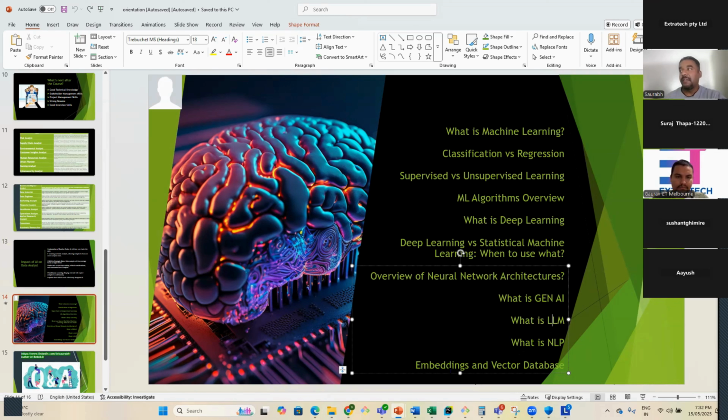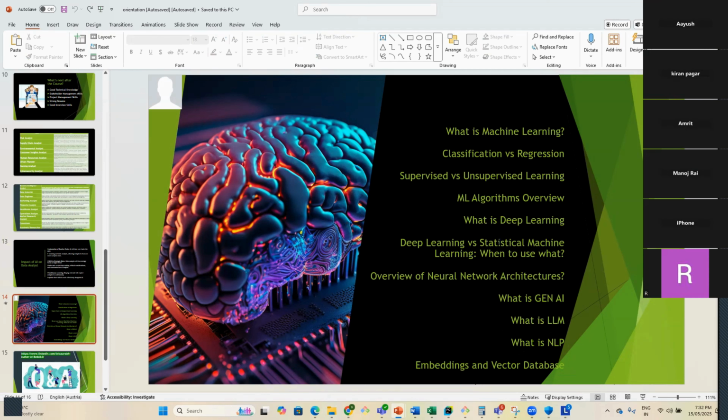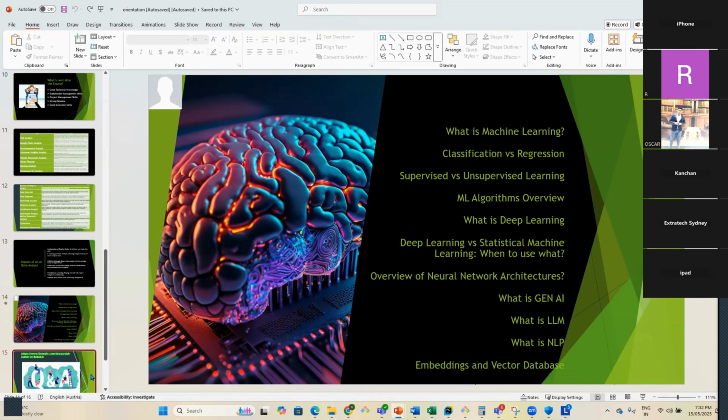And then in the end, we'll talk about embeddings and vector databases, because all these are based on vector databases. These technologies don't work on a normal database; they work on a vector database. So we'll talk about these. In this course, we will have a proper AI component and we'll give you this knowledge, and that will help you build your foundation.